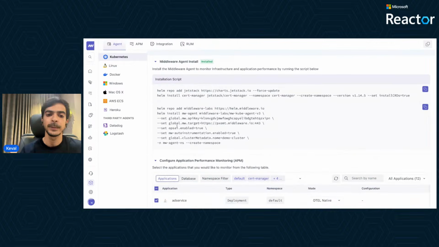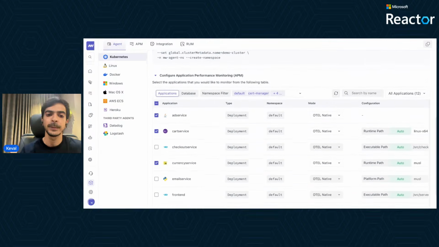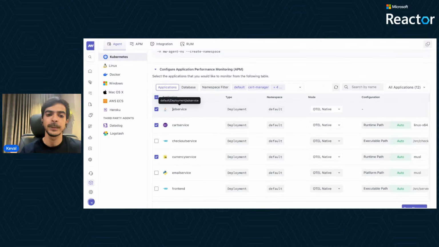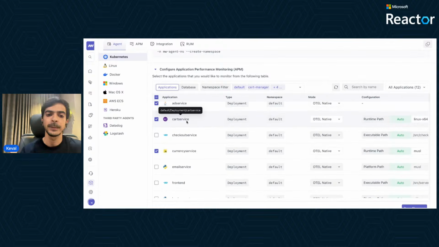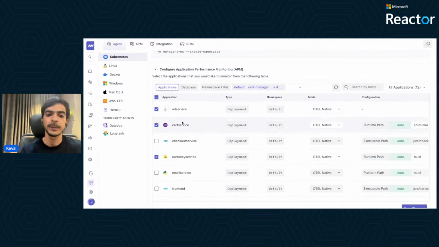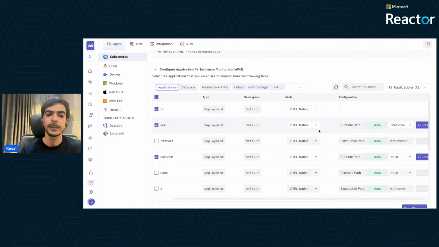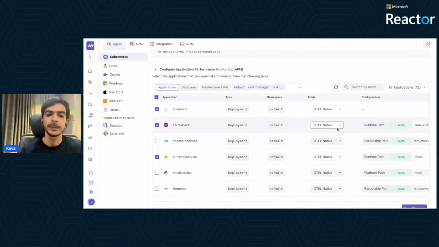In Middleware, we have a customized Helm chart. With this customized Helm chart, we can automatically detect all the apps running inside your cluster. It can be deployments, daemon sets, or stateful sets. We also detect the right languages for these particular applications. And then if you want to instrument these applications in Kubernetes, you might also need a few more details,